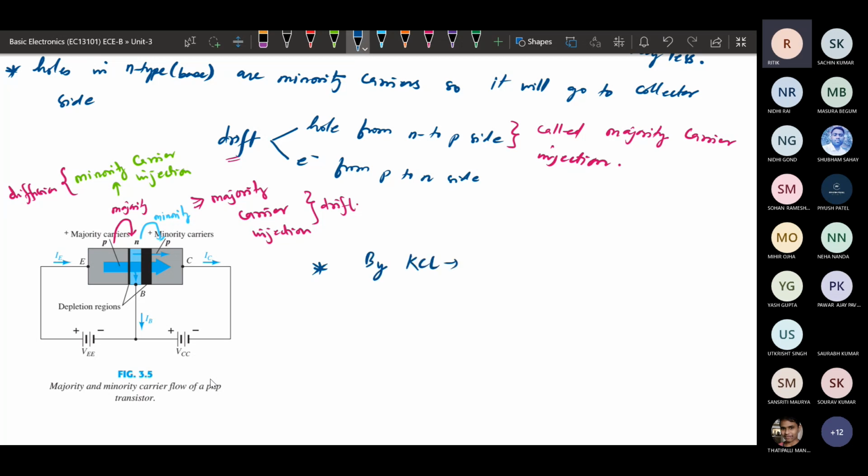At this node, the emitter current IE equals the collector current plus IB, that is, the collector current plus the base current. The emitter current and collector current are in milliamperes, but IB will be very small, also in milliamperes but very less.